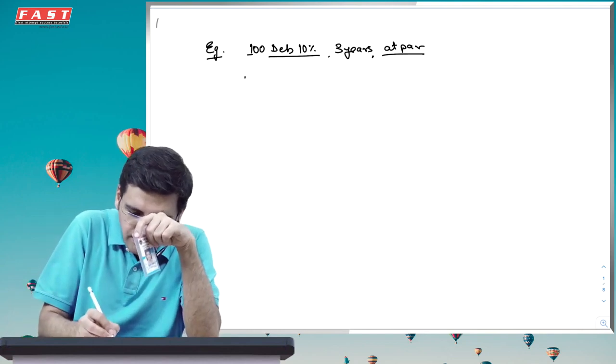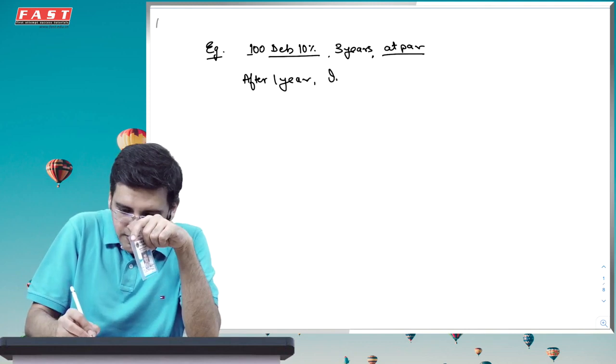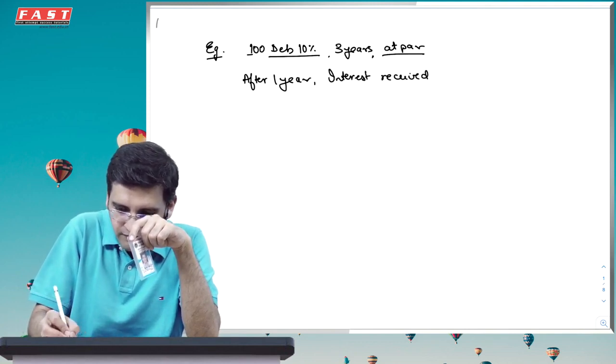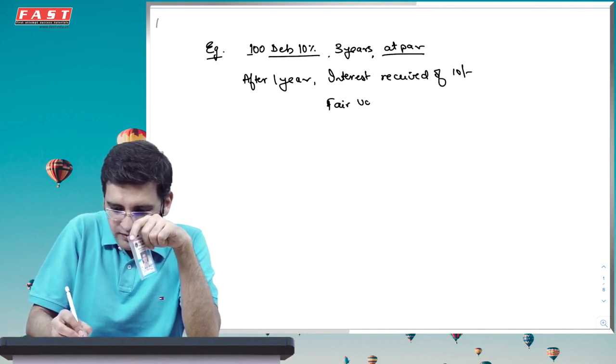So after 1 year, I get interest received of 10 rupees. However, I say the fair value of this debenture